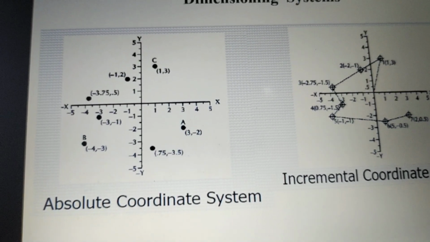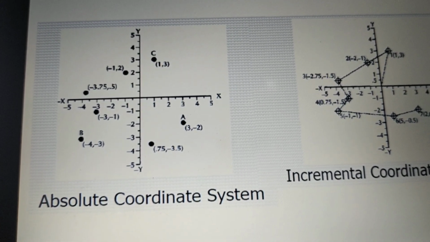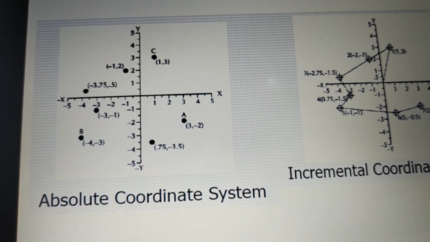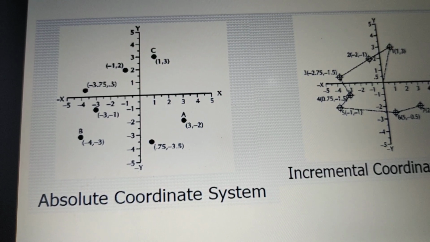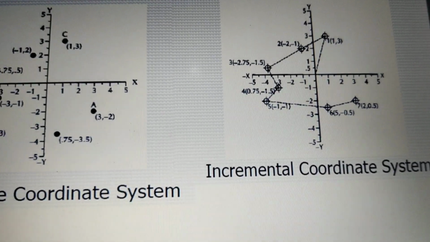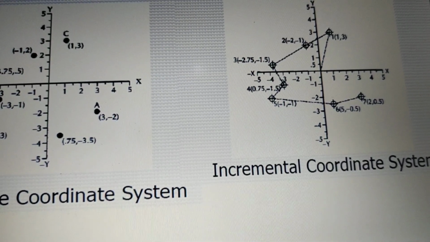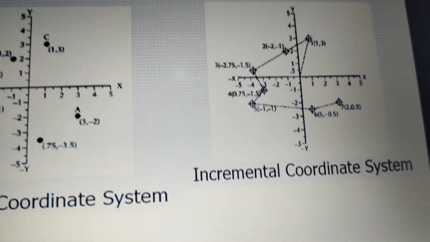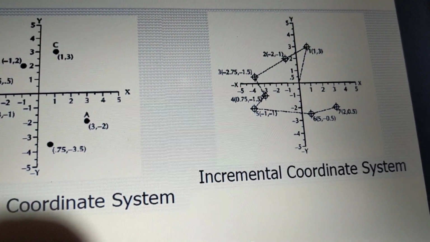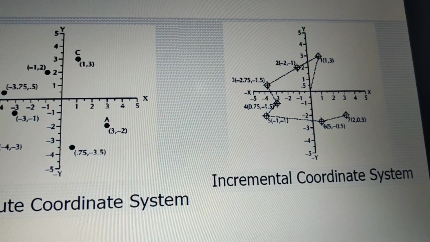Okay. The absolute dimensioning system is preferred for writing programs for mirror image components. That is, wherever the axis of symmetry is there, it is better to make use of absolute coordinate systems. And whenever we are writing subprograms, especially in subroutines, the incremental dimensioning system is used. That is, G91 is used when you are writing the program with the help of subprograms. Okay, so this is regarding the dimensioning systems.